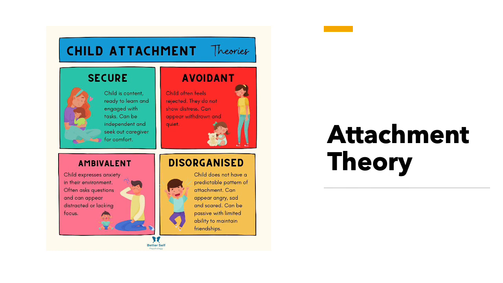Secure attachments are created simply by responding consistently to the baby's needs, picking the baby up when he or she cries, communicating with the baby, nurturing the baby, loving on the baby, skin to skin contact, breastfeeding. There are different ways we can create secure attachment, but there are also ways that parents and caregivers, even sometimes unintentionally, create avoidant attachments, ambivalent attachments, disorganized attachments, any kind of insecure attachment that can increase the risk for mental illness and other struggles throughout the lifespan.